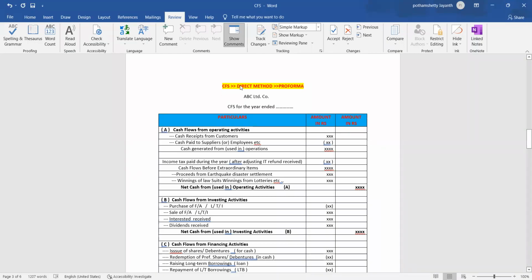So cash flow statement, under which method are we discussing? Direct method. So under the direct method of cash flow statement,